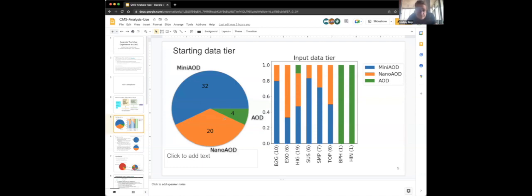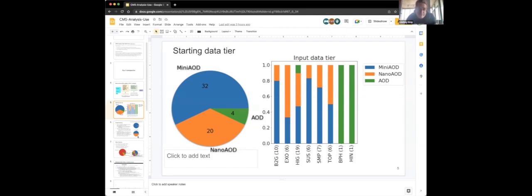There are often people now producing their own private nano AODs with custom editions and things like that. I'm not going to talk about the rest of the recommendations that we're making within CMS fully, but one of the things that we are recommending to CMS is that instead of people just making their own ntupler again, people use nano AOD as a common format. And even if it is not centrally managed, you're getting people to the idea of thinking in flat, or of objects splayed out into flat trees, which is generally the most efficient data format that you can have for a final